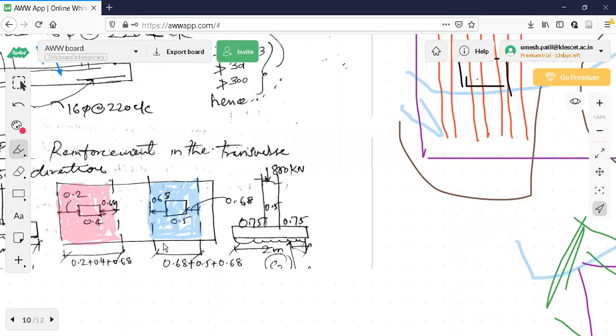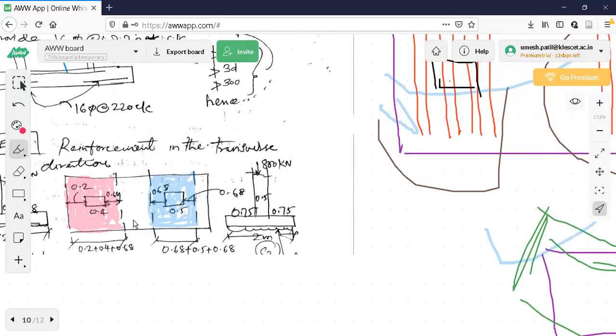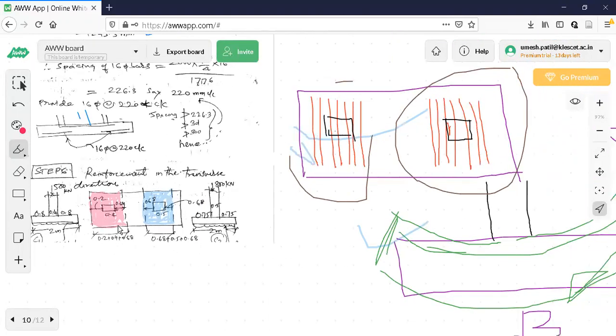This strip is also taking part in the transverse bending near column C2. Now, as I told you again and again, we should go from this edge to small d, again from this edge to small d, but that much is not available. Whatever is available, I have taken. So 0.2 plus 0.4 plus 0.68. Can you see this one? 0.2 plus 0.4, because 0.4 is the dimension of the column. This side d is available, this side d is available, so it is 0.68 meters. Here all round d is available. So these are the strips. How to form the strips I have explained.